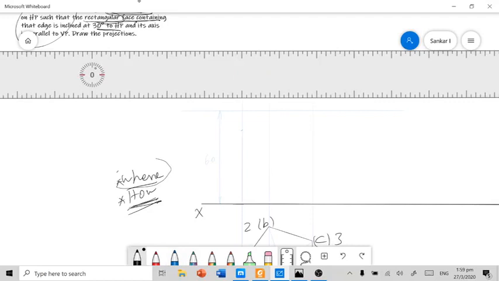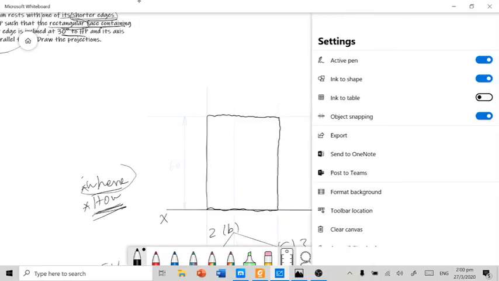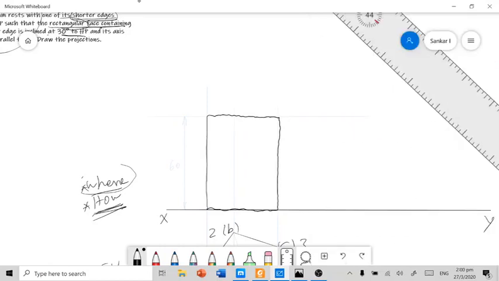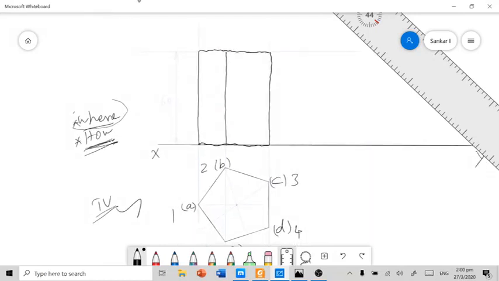Let me color the things with normal color. The same way you have to mention the corners, the base and the face.